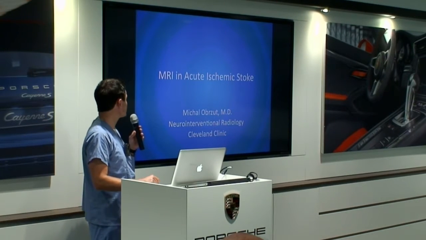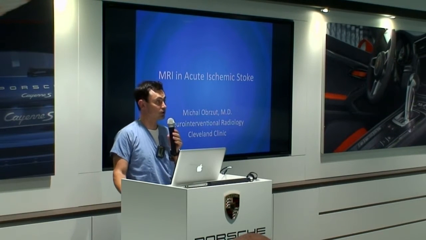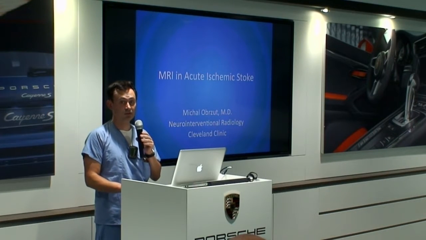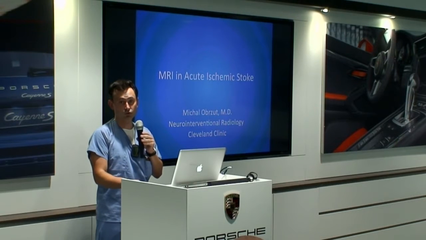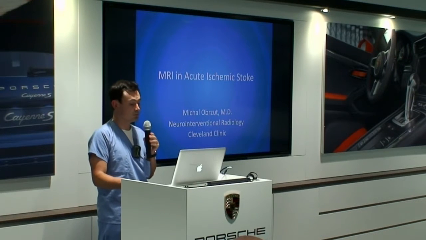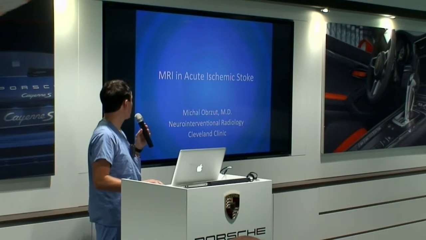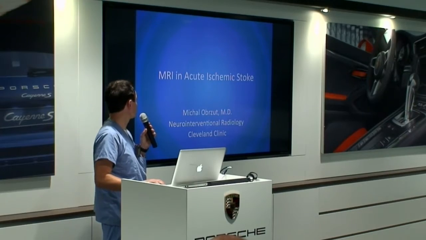And basically, I've been asked to present how MRI is used in acute ischemic stroke. We use MRI very extensively at the Cleveland Clinic. I do not believe it is the only way to image stroke. I think there are many different possibilities, but I'm going to just highlight why this is a good modality for acute ischemic stroke